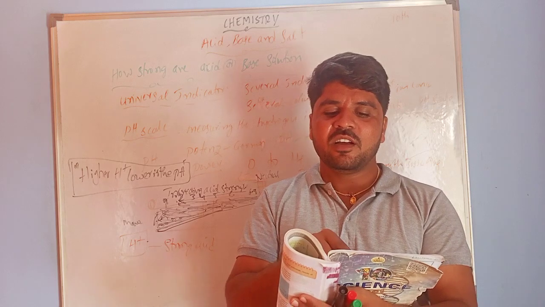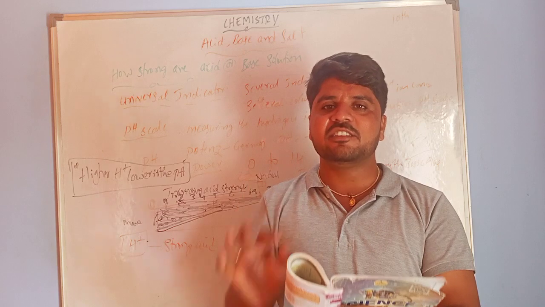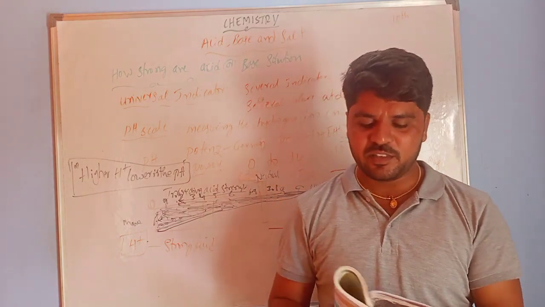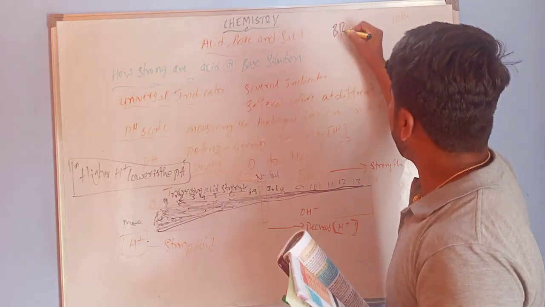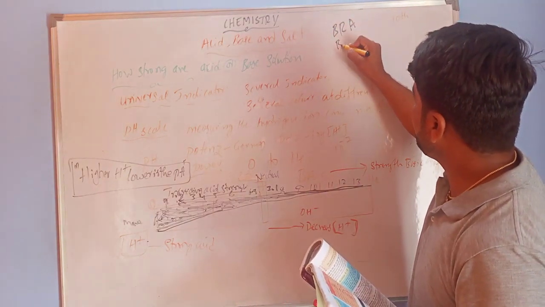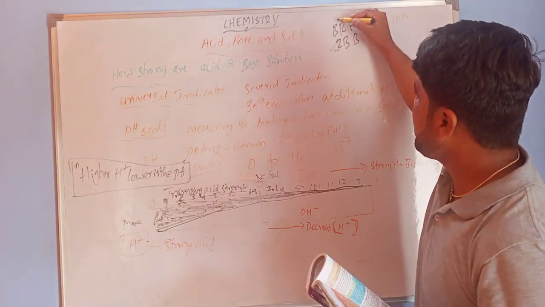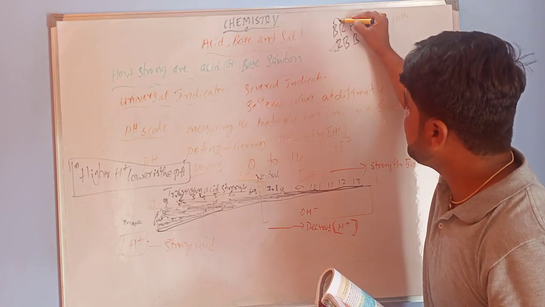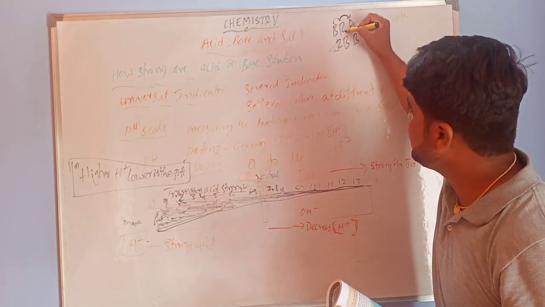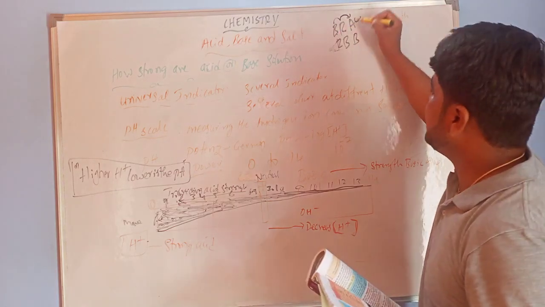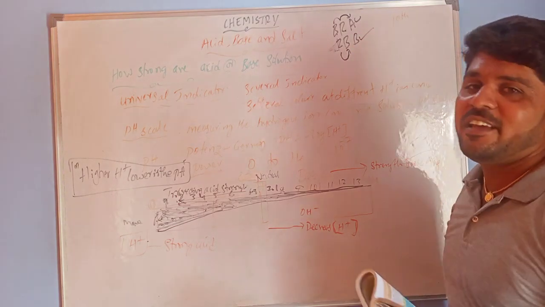Generally the pH indicator paper we use is blue litmus paper. So you have to remember the technique, that is BRA and RBB. BRA means blue litmus paper changes into red, and we consider it acidic. When red litmus paper changes into blue color, we consider it of basic nature.